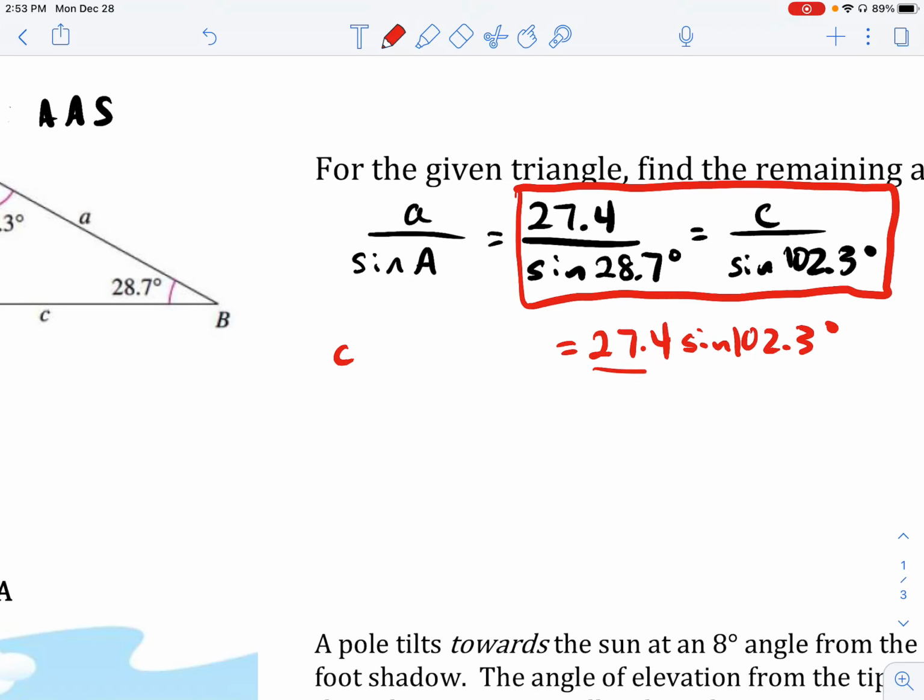So I'm just going to say all of this is over the sine of 28.7 degrees. So we're going to say C is equal to all of this. So we're looking at that here, and at that point, we can just go ahead and punch this into our calculator. I'll give you a moment right now to try that. But when we actually put all that in, you should get C is approximately